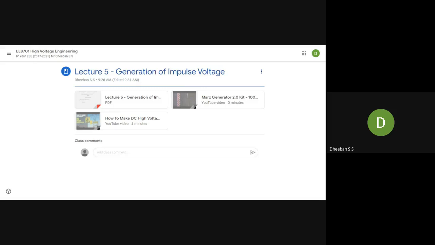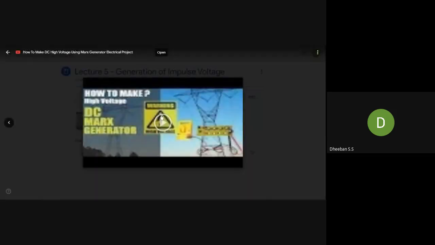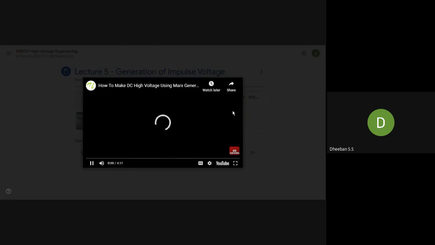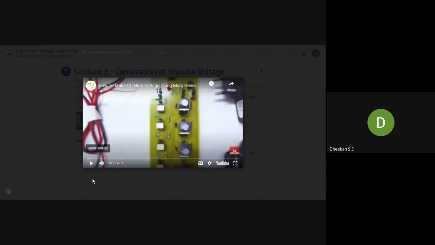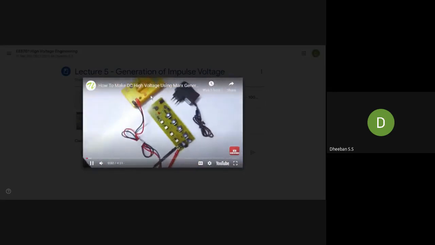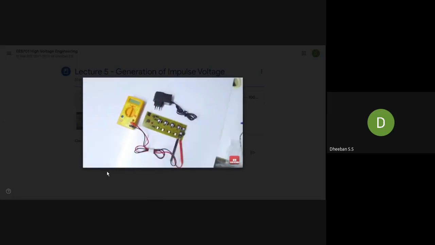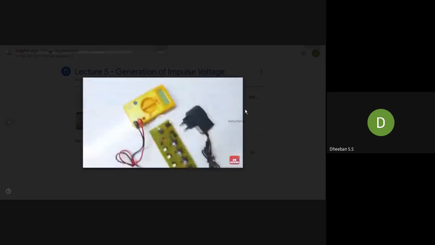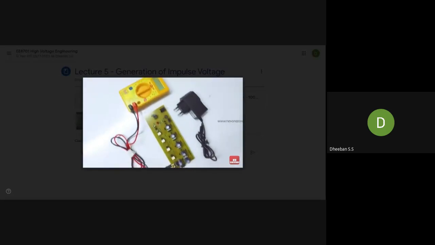And another video shows that they have made a very small elementary Marx circuit using that RC concept. Okay, it's a very elementary circuit only. What they did was boost your voltage from 2 volt to 30 volt, I think. But here they will be making use of AC voltage only. In a normal boost converter, they go for DC voltage.